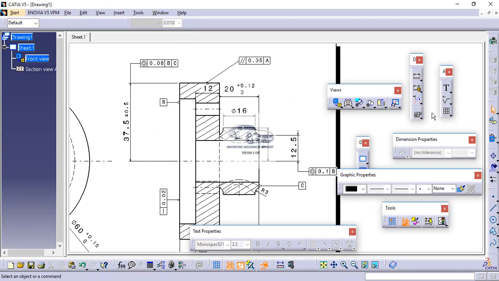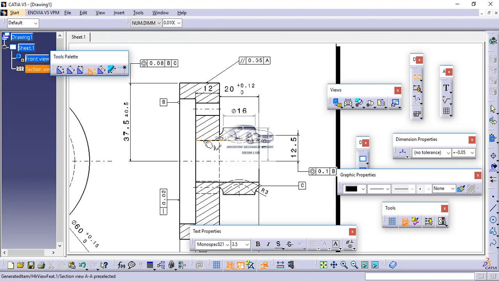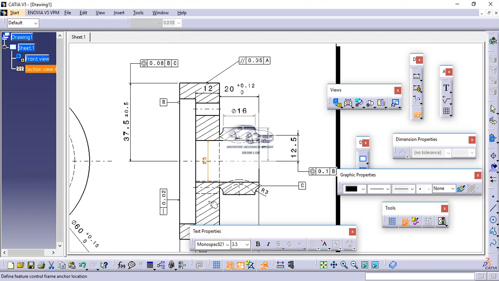So again I will go to geometrical tolerance. Before that I have to mention this dimension. So I will take this vertical, I will select the two edges, give the dimension. So this is 20. Now I will go to this geometrical tolerance.